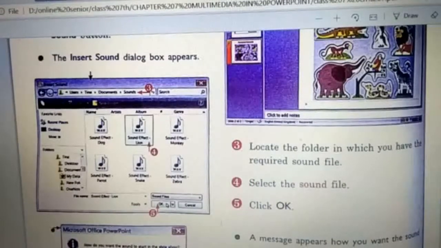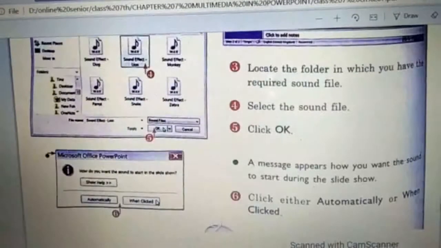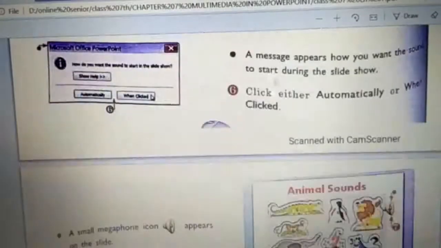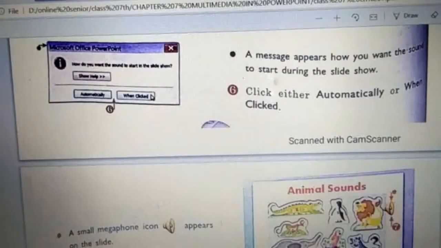After that a message appears like this. It will ask you if you want to play it automatically or when clicked. So it depends on you. We will work out both ways. This kind of dialog box will open and it will ask you if you want it to be played automatically or when clicked.